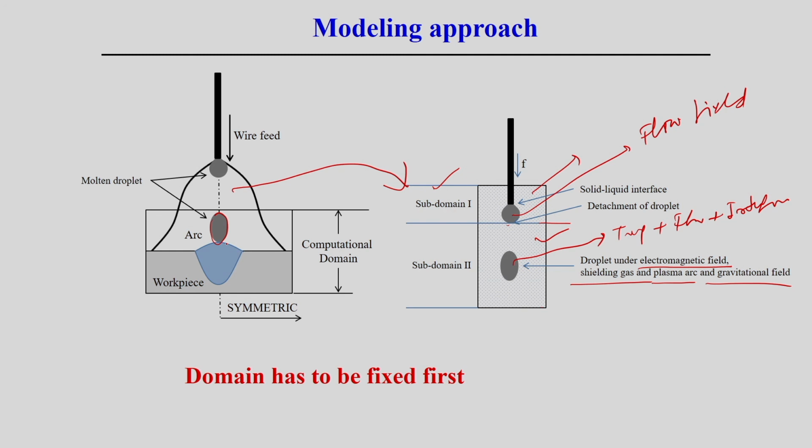So, fluid flow analysis plus the interface tracking, when the droplet basically becomes part of the workpiece. All this kind of analysis is possible, but once we do all this analysis and we also want to apply some kind of interface tracking method, then it is necessary to fix the domain. For example, assuming some size of the droplet, the droplet touching the workpiece, we can fix this as